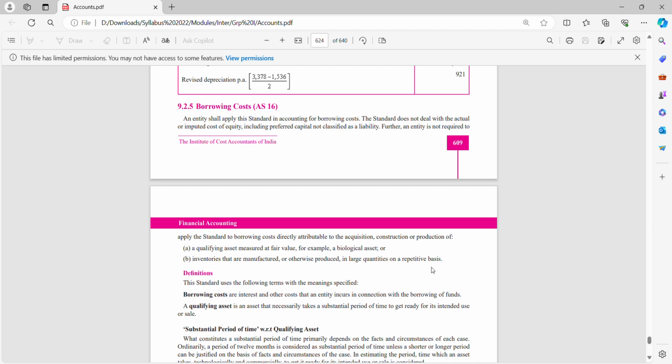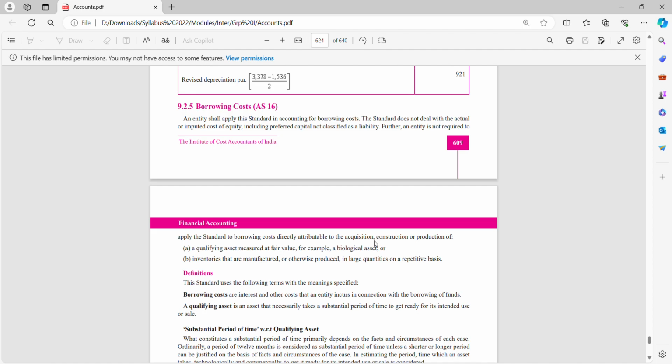Borrowing, what I have done is I've taken an amount, I've borrowed an amount, and that amount comes with a cost. I'm borrowing an amount from, say, my friend, or from my bank. It can be anything. For this amount I have to pay a cost, interest. It can be commission, it can be brokerage, it can be any other form of expense or cost. How you will record and account for those points, we will complete here.